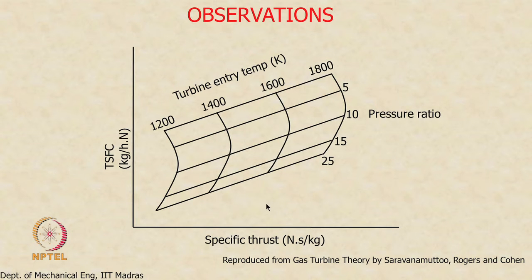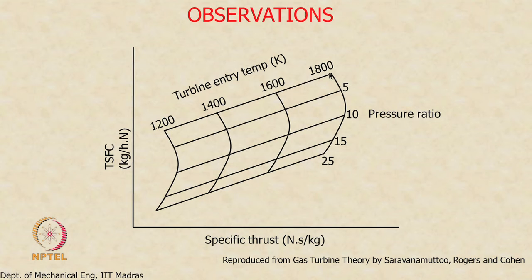So, the inferences that we gave earlier seem to be okay. With increase in turbine temperature, irrespective of the pressure ratio, the increase in the turbine entry temperature increases fuel flow rate on the y axis, and thrust also. That was what we saw from our earlier view graph. For any pressure ratio, increase in turbine entry temperature increases the fuel consumption and also the thrust.